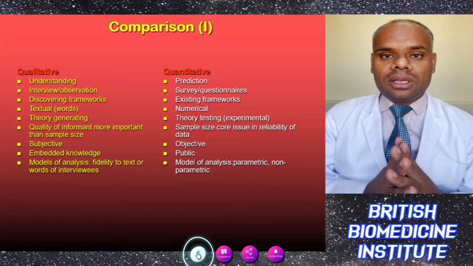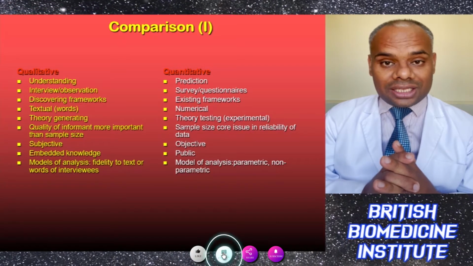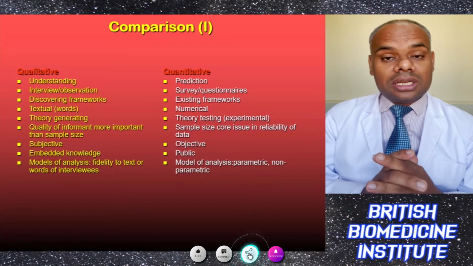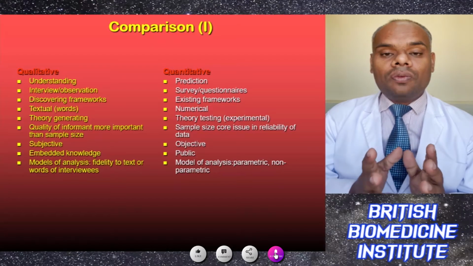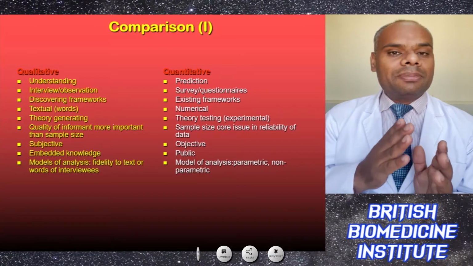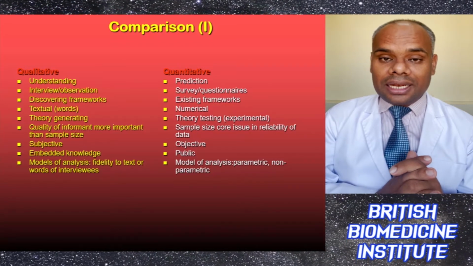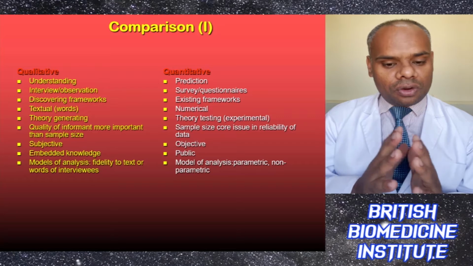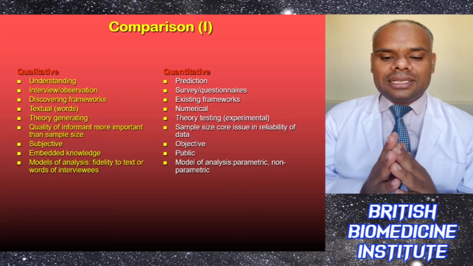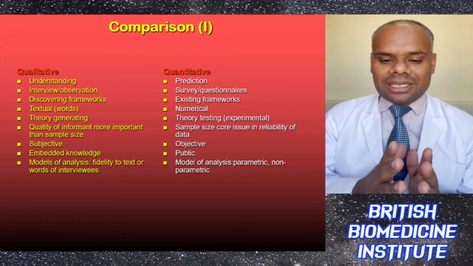We can discover the framework. Textual data can be used. Theory is generated. The quality of the informant is more important than the sample size. It is sometimes subjective. We get embedded in knowledge or information, and